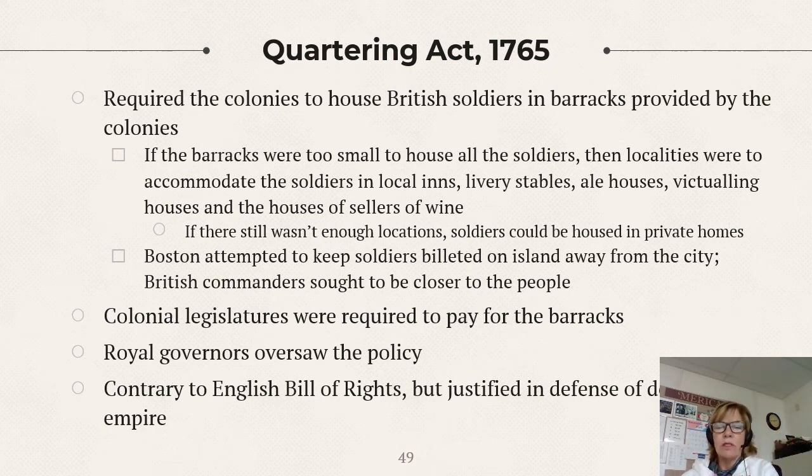Now, no doubt some commanders would just go there and say, oh, there's nothing here but homes. We're going to stay in your house, right? And probably they were abused. They abused the people. They overextended their welcome. It was expensive to house them. You had to feed them and everything else. So that was the case. Royal governors were supposed to oversee this policy, but again, this was a violation of the English Bill of Rights of 1689 because one thing that it says is no quartering of soldiers during peacetime, right? And no standing armies during peacetime. So colonists feel as if their rights are being infringed upon, rightly so.